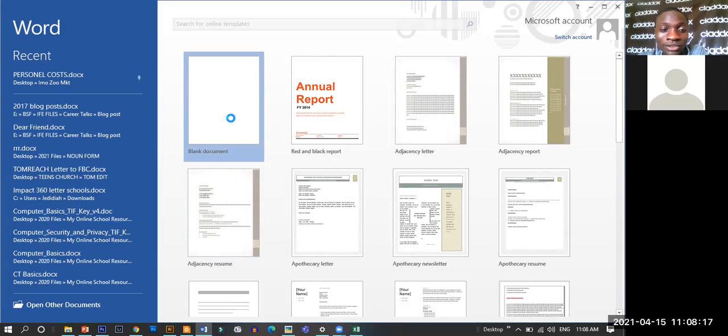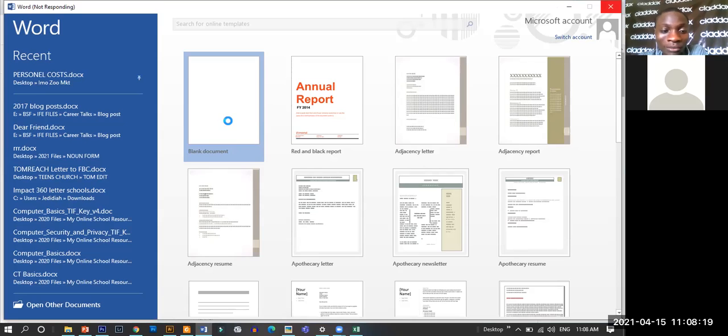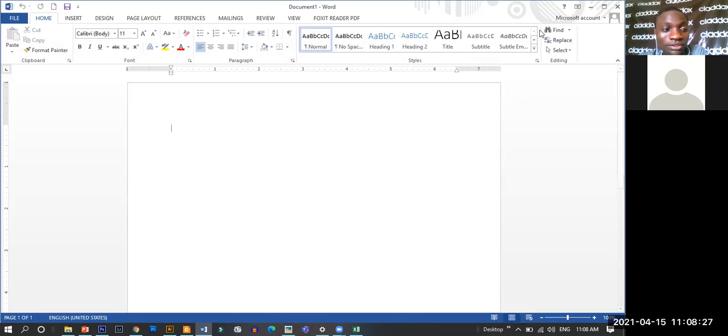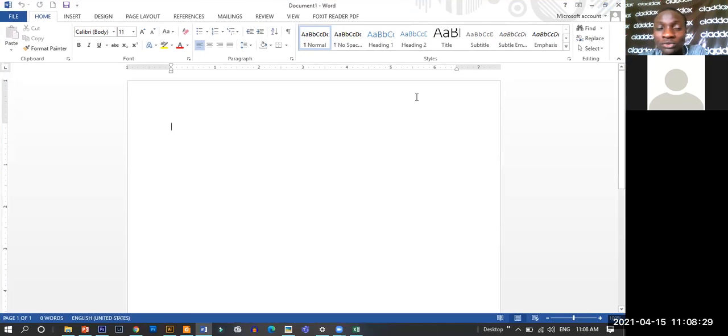I have revealed to us some important nomenclature of Microsoft Word, how you can identify some tools, and should you find yourself in an examination situation whereby you have to answer some questions that have to do with Microsoft, you should be able